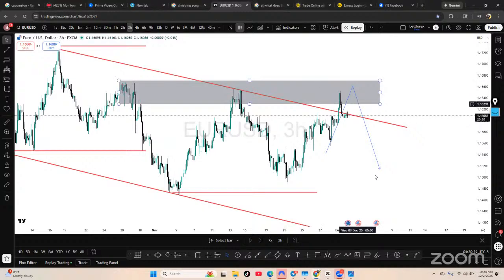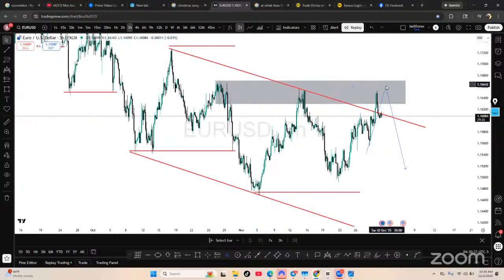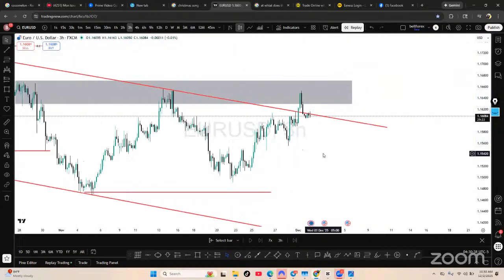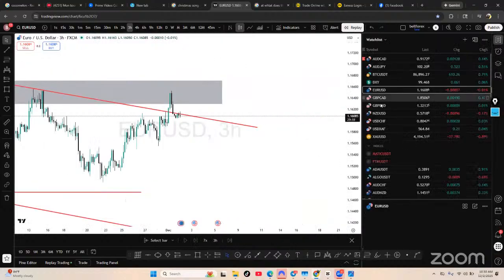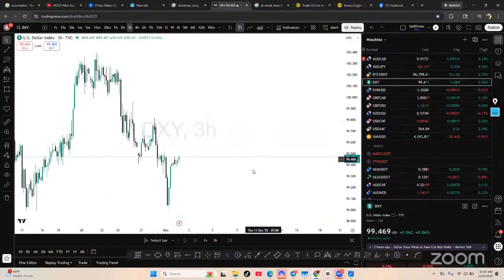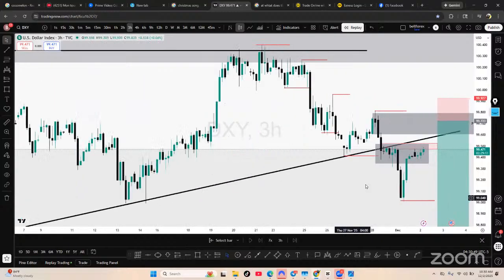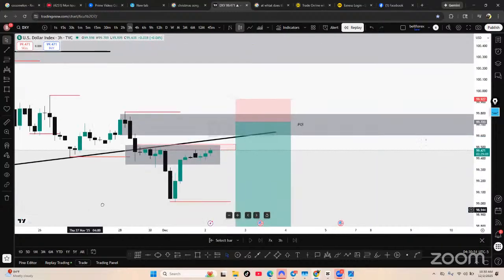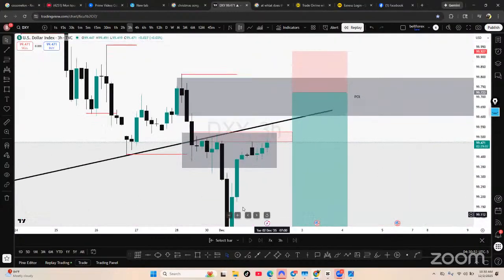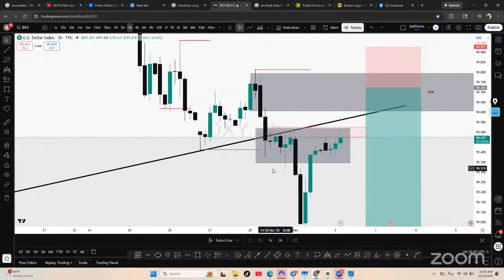What are we looking for now? We are going to look for a trade on EUR/USD. And the concept here is simple. If at all, DXY, let me show you the defining zones. If DXY breaks above this defining zone,